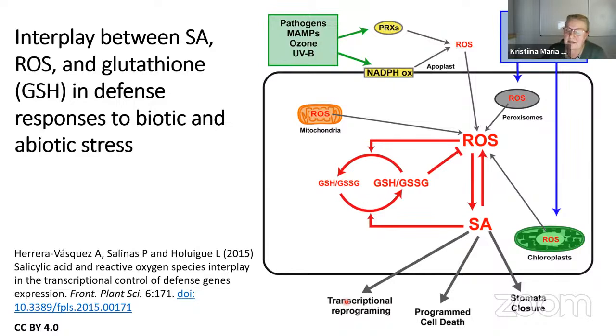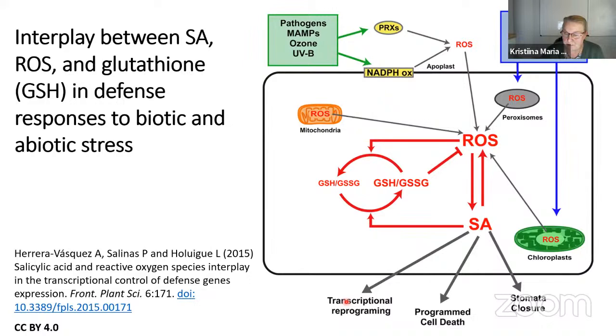But when there is induction by salicylic acid, then NPR1 is transported to the nucleus, and there it is interacting with TGA transcription factors and WRKY transcription factors, and this defense-related